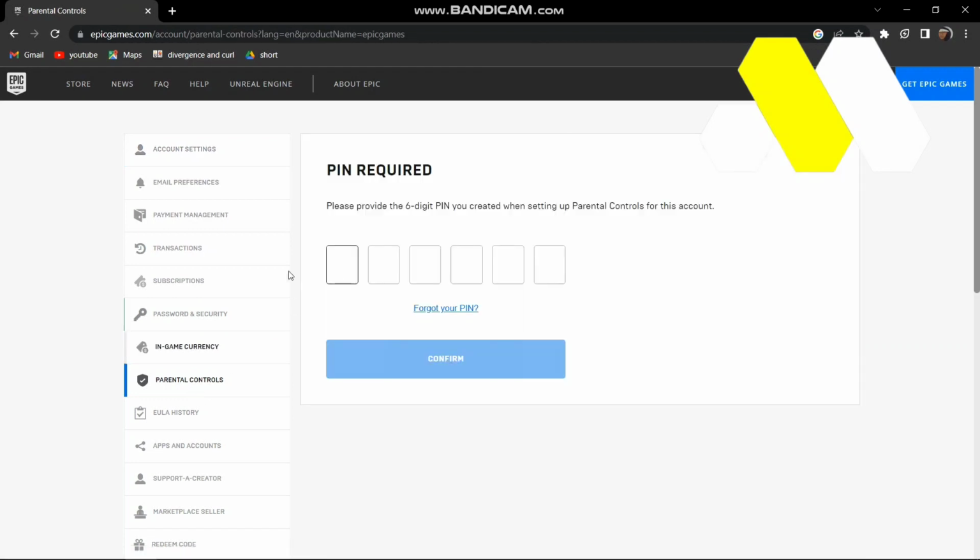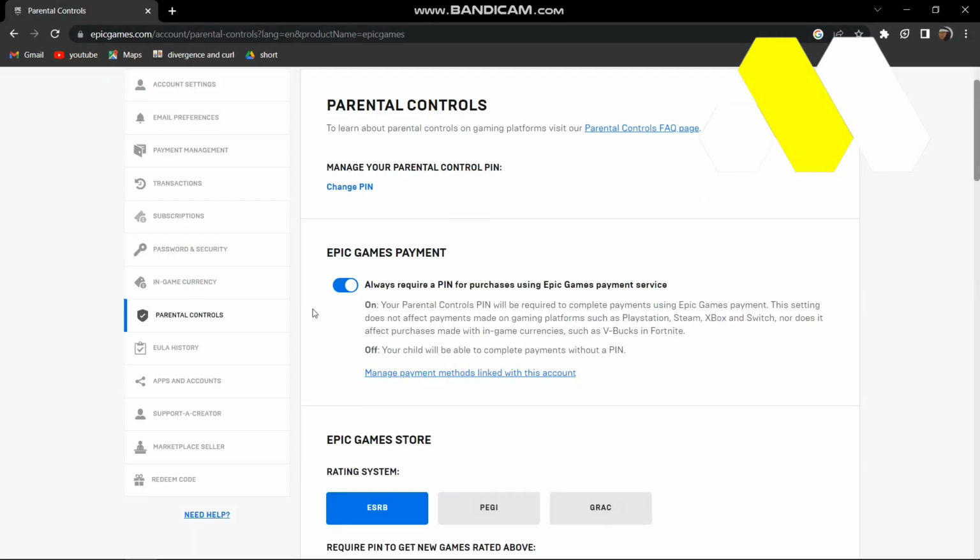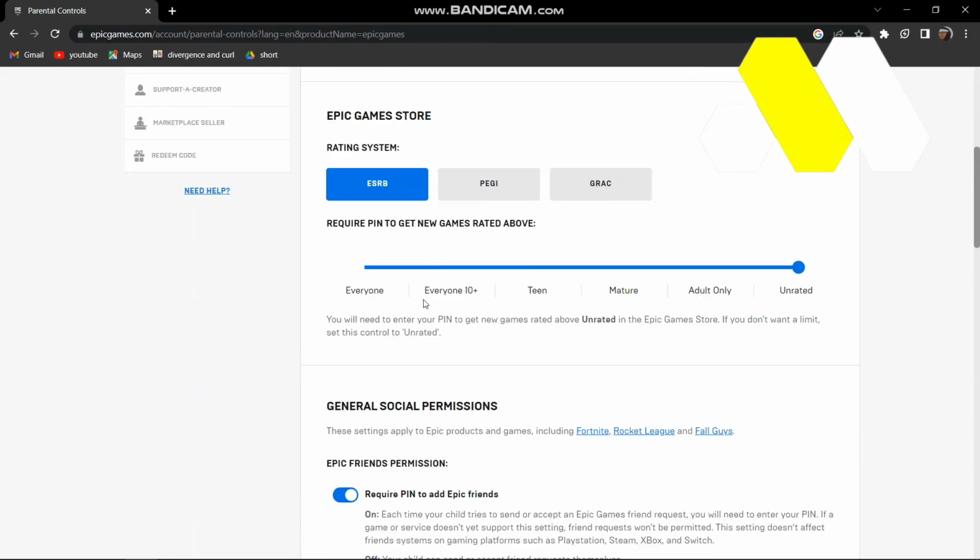Just tap on this one and it says you have to provide the 6-digit pin, so provide this one. But in case you don't know, just click on forgot your pin and then a reset URL would go to your account. So for now I'll just put on confirm. Now turn off this one,